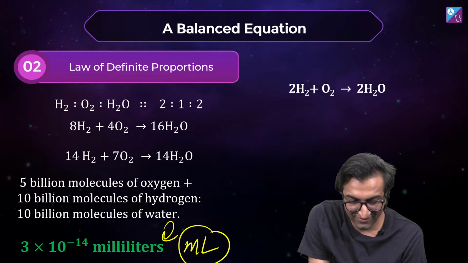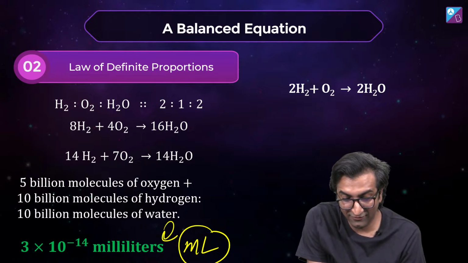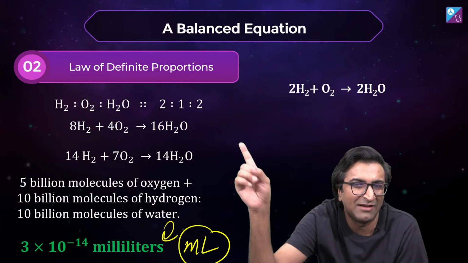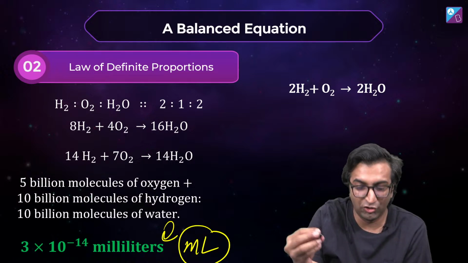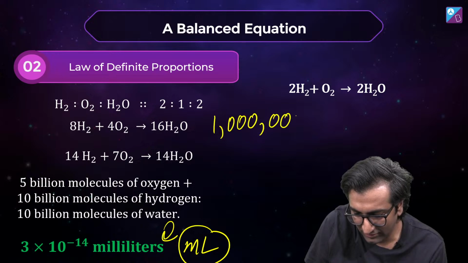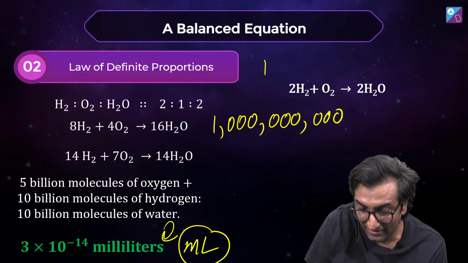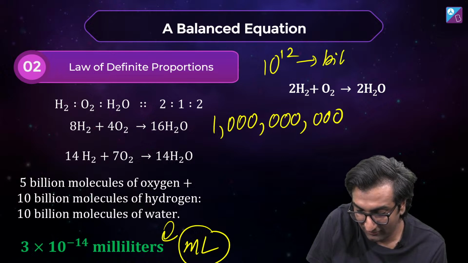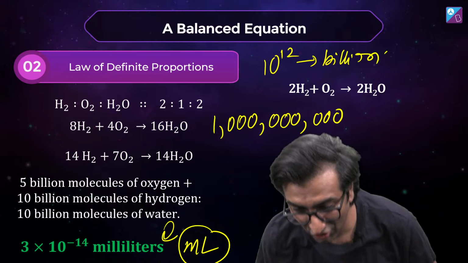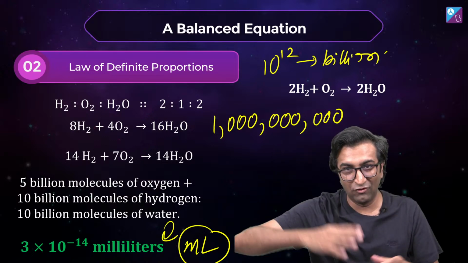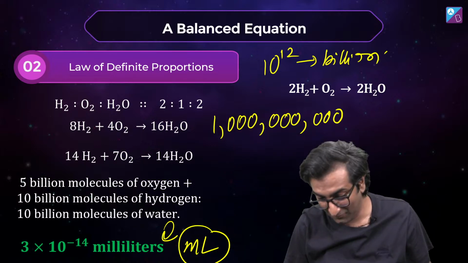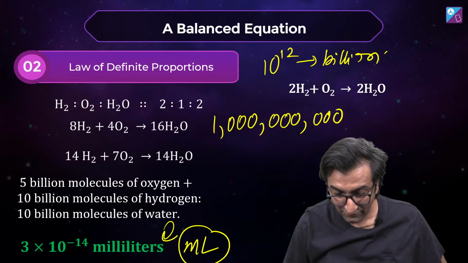Yeah. It's such a small number. This is why we need to talk big numbers. We can't talk about 1 molecule, 10 molecules. We can't even talk about billion molecules. What is billion with a B? 1 followed by 3 zeros, 3 more zeros, 3 more zeros. It means 12. 10 power 12 is basically a billion. So it's a really, really small quantity, not even a drop. If you cut a drop into 1,000 pieces, cut that into 1,000 pieces, cut that into 1,000 pieces, cut that into 1,000 pieces, that much water, approximately. Anyway, which is why you need